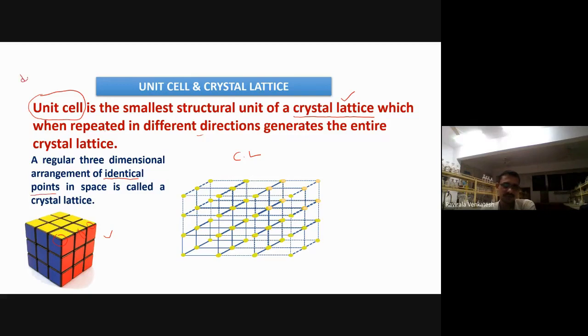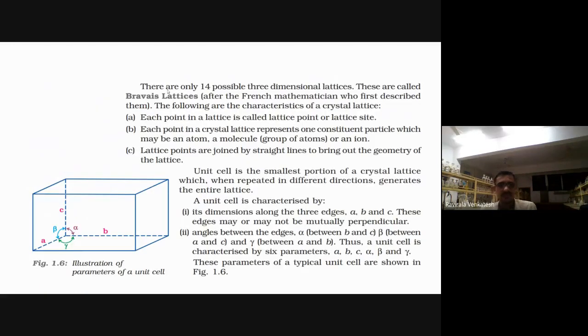What is the meaning of this definition of crystal lattice? Take that definition in your notebook. After the class also you can take the definition. Only the definition is important for us. Next, let me show this unit cell, a simple unit cell. Because of the arrangement of unit cells only, we are getting the crystal lattice. Now, if you observe, each point in the lattice is called a lattice point.